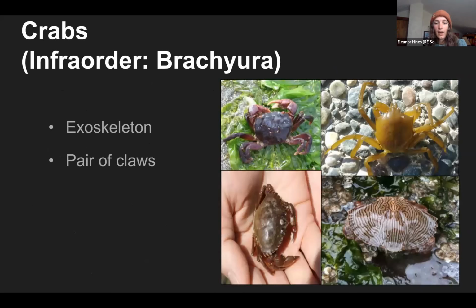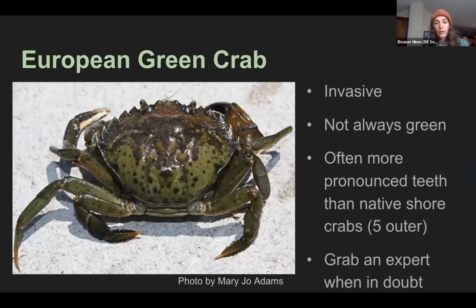Crabs, they have exoskeletons, so be careful not to step on them. They can be a little bit fragile in that way, especially if they have just molted. They also have a pair of claws, and they come in all different shapes and sizes and colors. Next slide. So while we're out there looking, we are not likely to find European green crab, the invasive species,